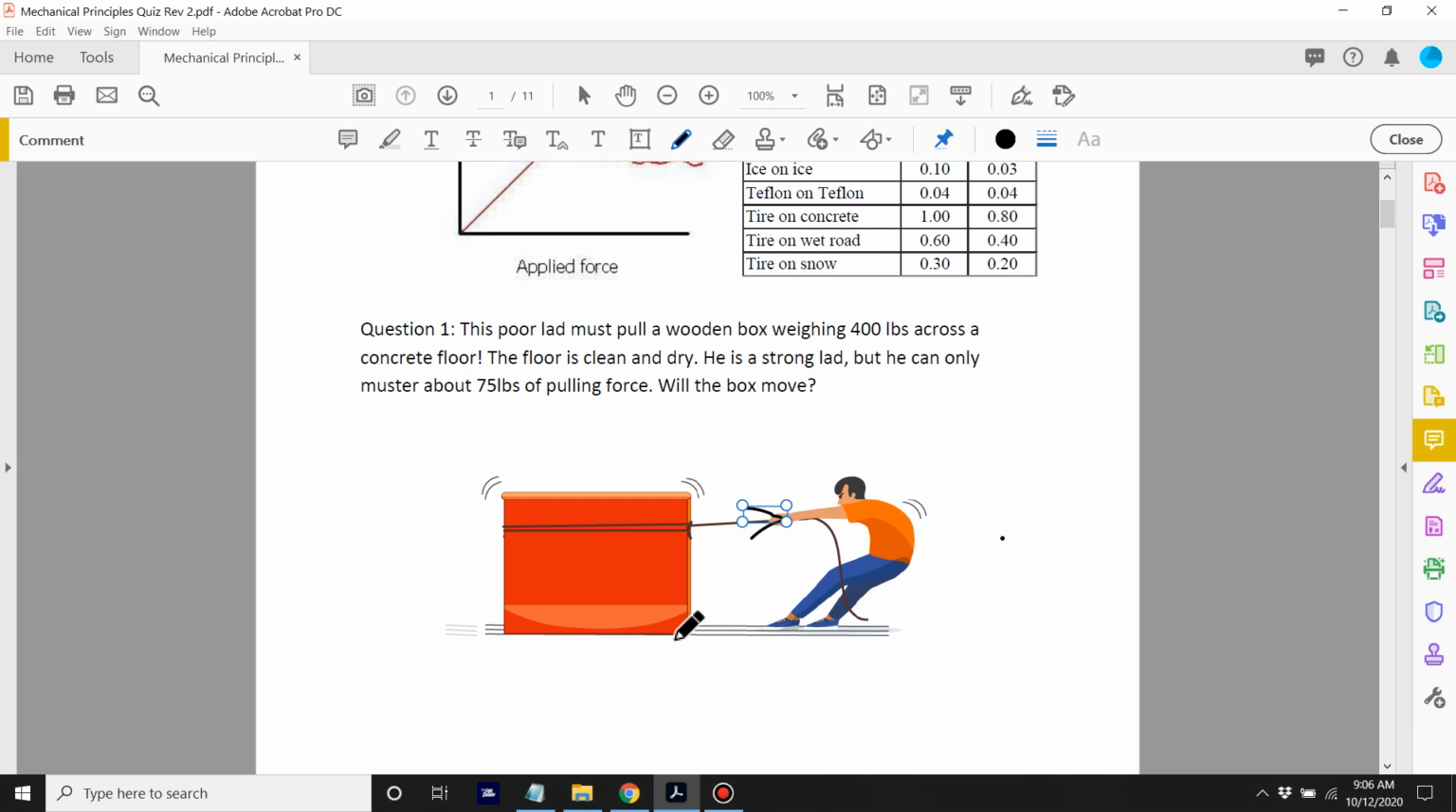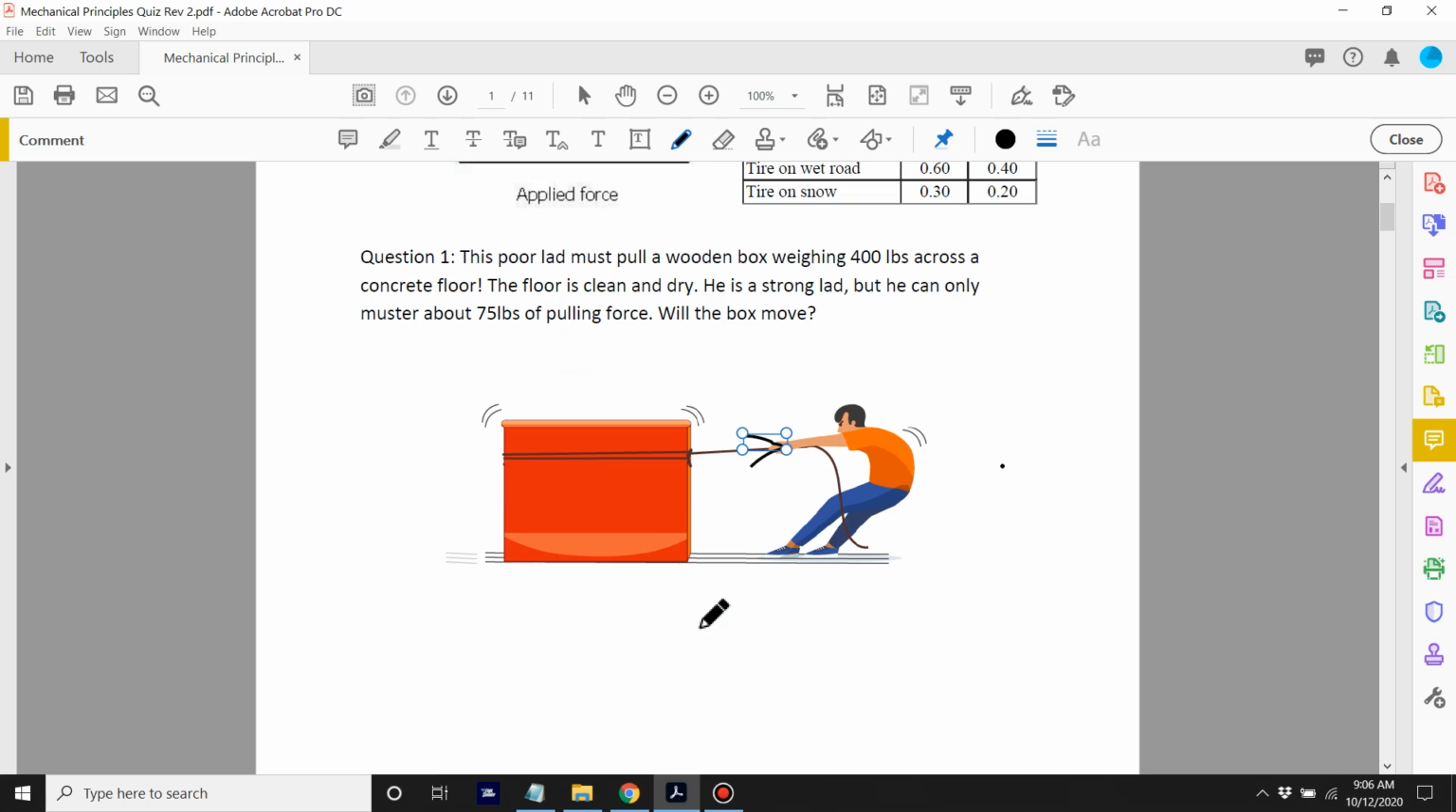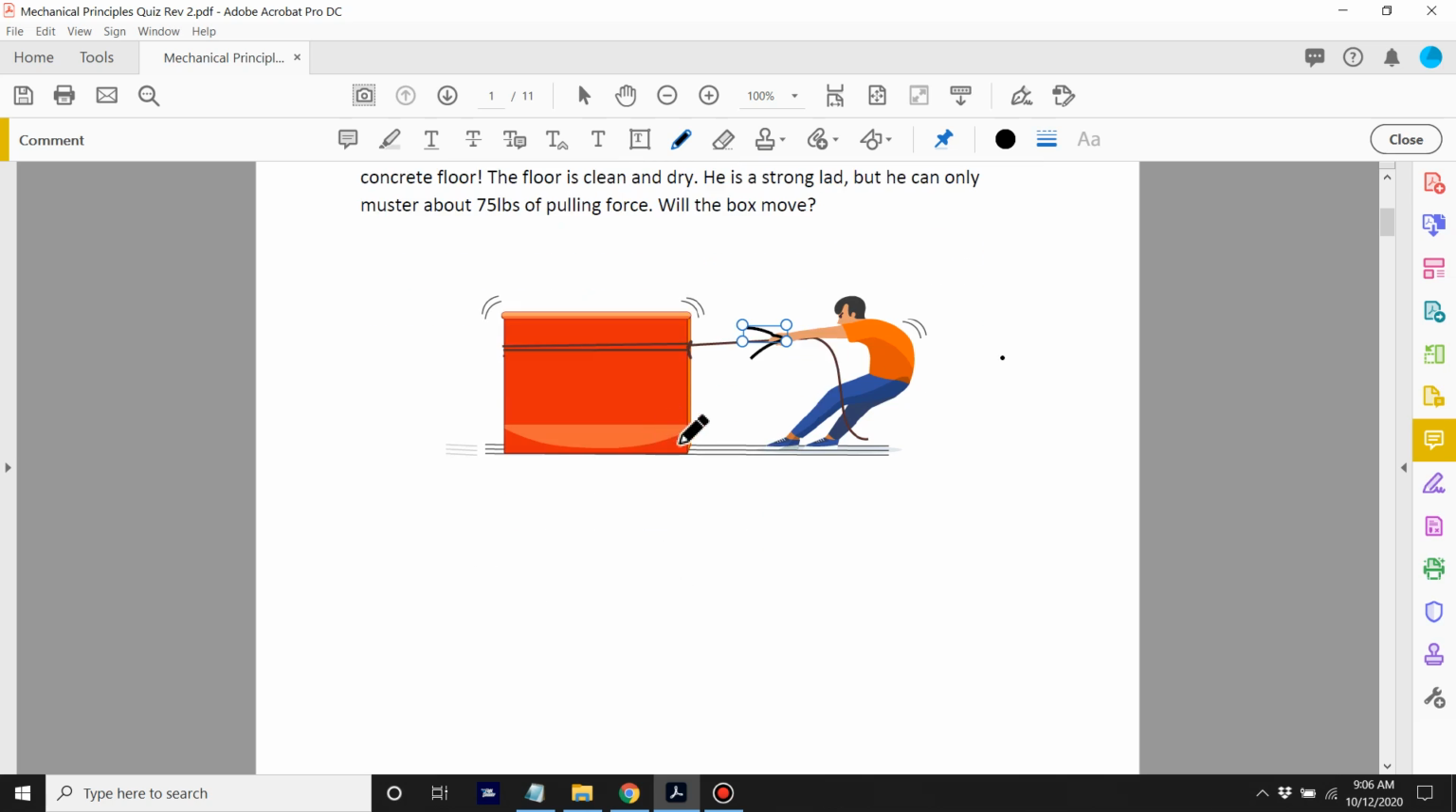The box, of course, is not going to move because there's static friction between the bottom of the box and the concrete floor. Now, if the pull is going in this direction, the force of static friction is going in this direction. This is my first time writing on a PDF, so forgive me. The equation for static friction,